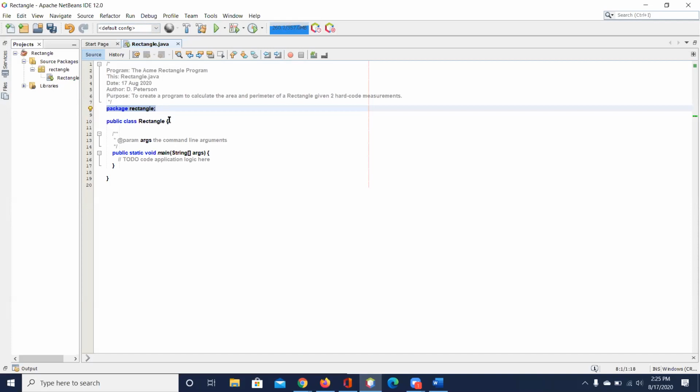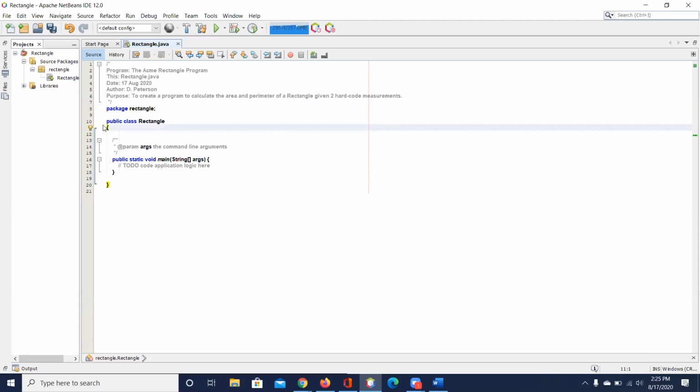Now, the code is always contained in between two braces, okay, or brackets, braces. So what I like to do is I line my braces up. If I got one up here, I know that's the start of the class. Then I know this one is the end of the class, okay? Same thing here. I'm going to move this one out here because then I know this is the start of the main. This is the end of the main.